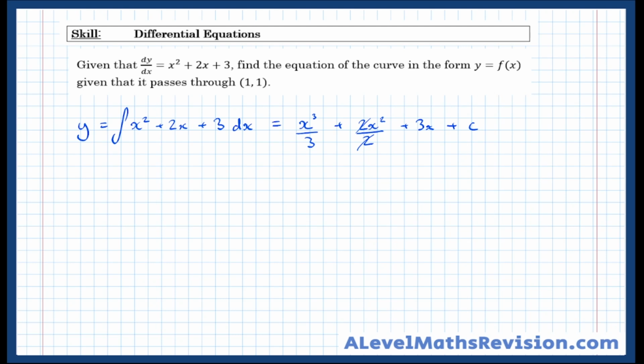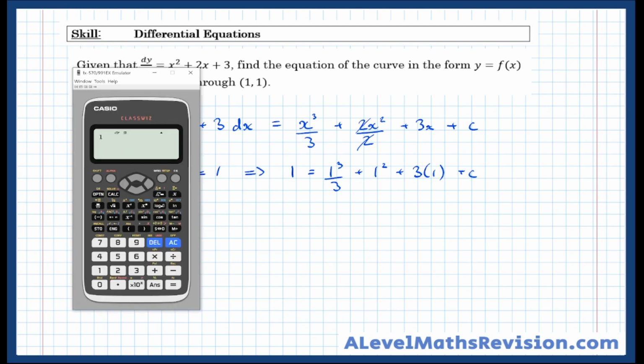And we're given this extra bit of information here that the curve passes through (1, 1). That allows us to find what plus c is. So, if I let x equal 1 and y equal 1, that gives me that y, which is 1, equals 1 cubed over 3 plus 1 squared plus 3 lots of 1 plus c. And doing a bit of rearranging, that tells me that c equals,